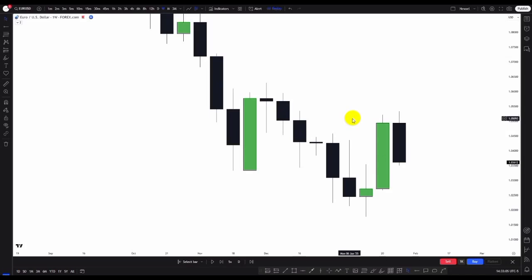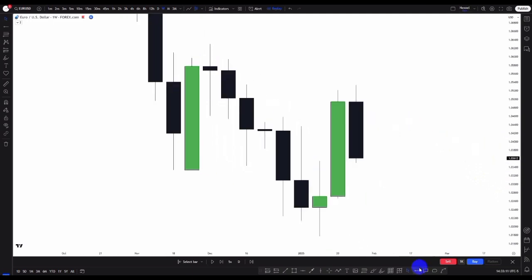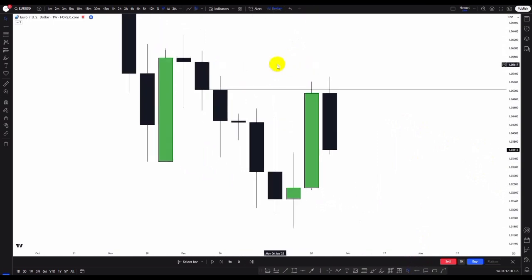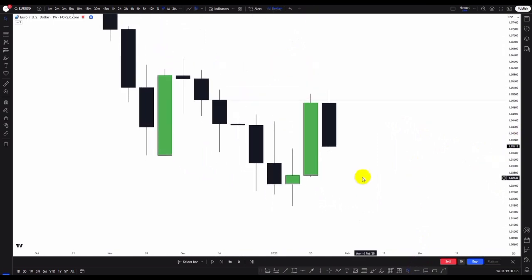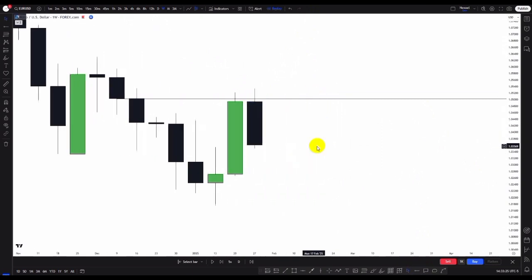So guys, we're just going to have a quick review in the Euro USD. From the weekly time frame last week, I called our attention to how price respected this open close price in the weekly time frame. And when we drop down to the daily time frame, we identified that we had the bearish order block that sponsored this bearish movement to the downside, and we had a down close candle for the